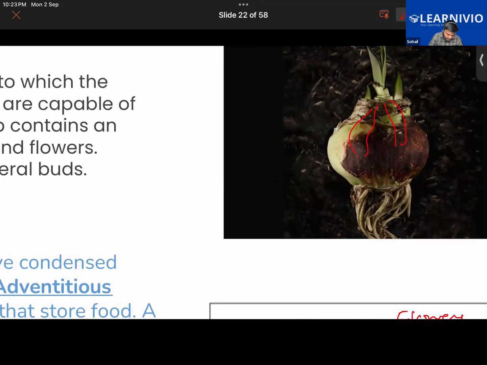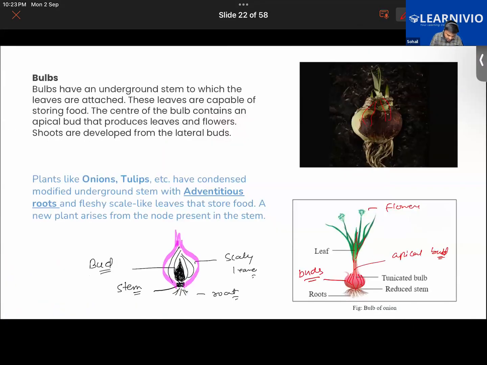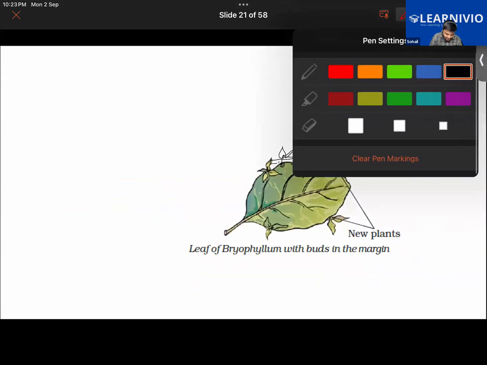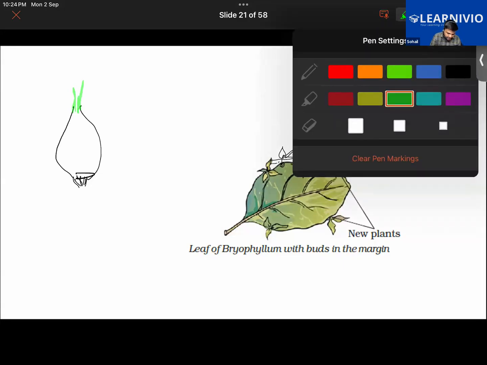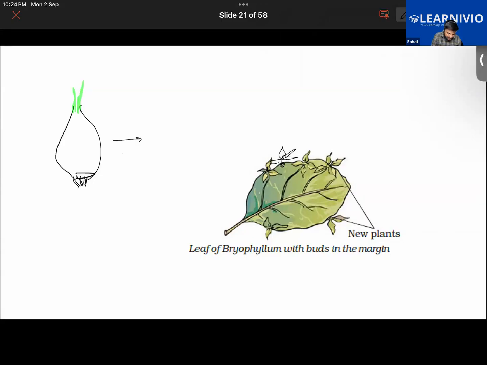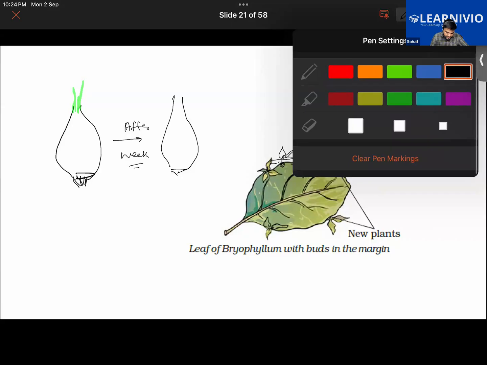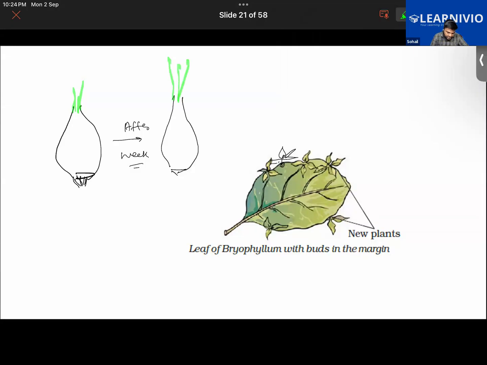Let me just take another diagram. Let's say I have taken one onion. These are the leaves coming out of the onion. Let's say after a week, what I observe is that the leaves would have grown further, the leaves would have grown taller,